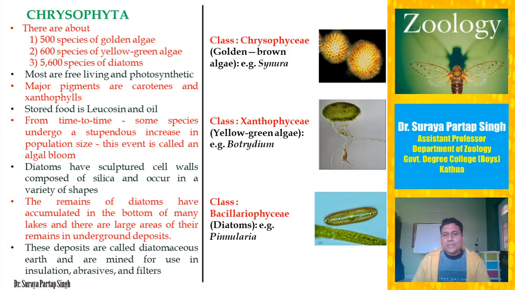This diatomaceous earth is mined because of its high resistance to heat. It is highly resistant to heat. As such, it is used in furnaces to form the inert lining of the furnaces. And because silica is abrasive, they are also used in abrasives. For example, in sandpapers, we have sand impregnated on the sandpapers. But for very fine abrasives, we use this diatomaceous earth, and they are also used to form filters.